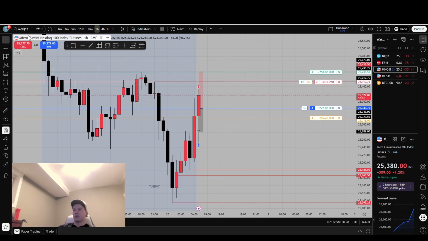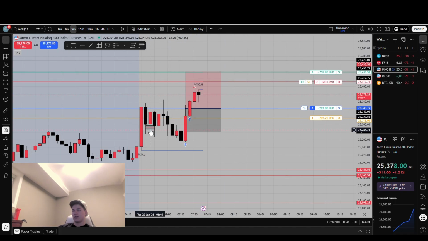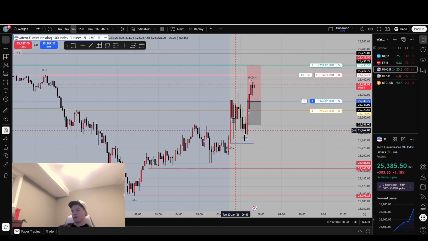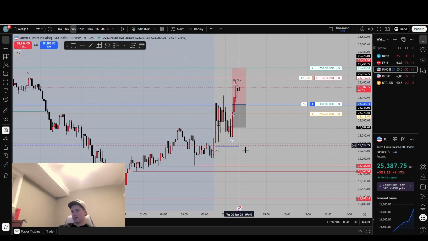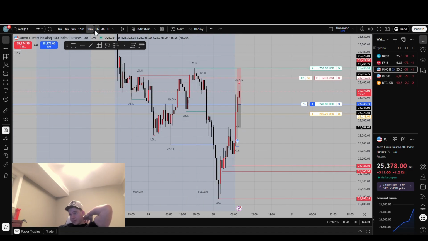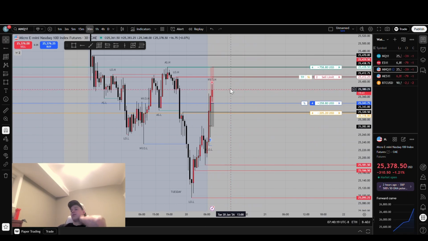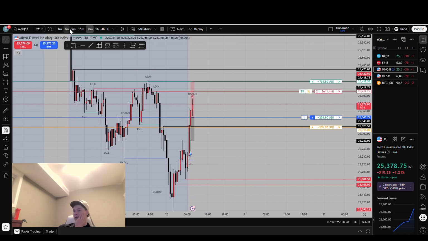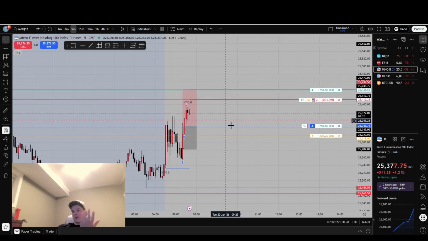So I was assuming by taking the 5-minute continuation here that we might create a fair value gap, which doesn't happen. And you can see that on the 30. Look at this volatile move. We come down, retrace, and then rip up. And I enter in the middle of that because it's screaming long. So